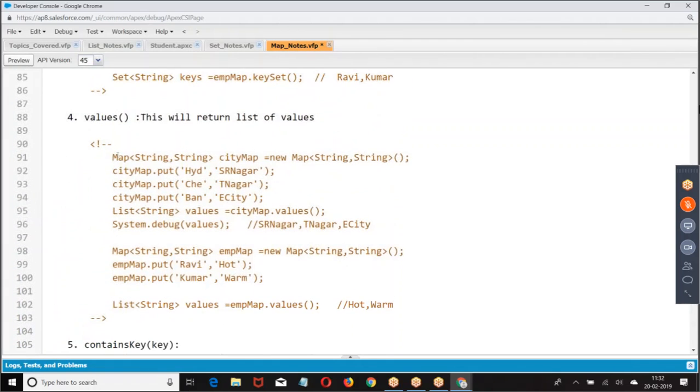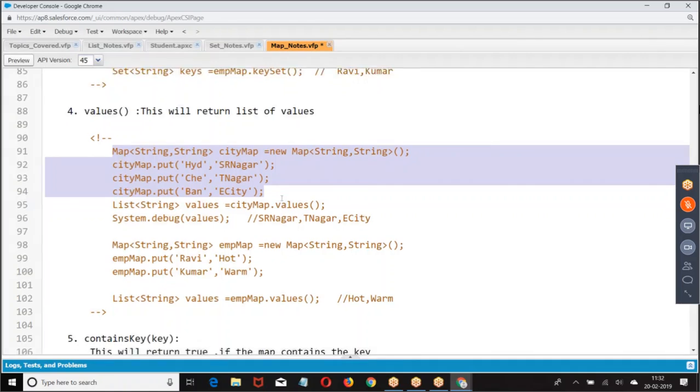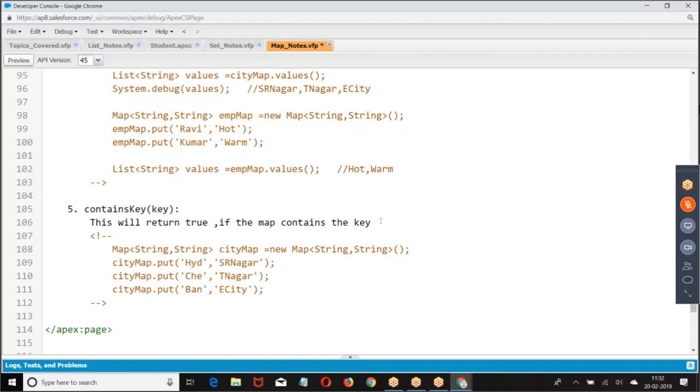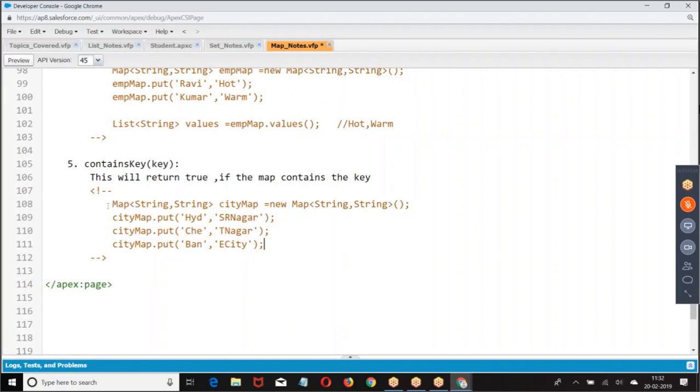Now let us take an example. This is the map. In the map, I want to check whether we have a key. It will be equal to cdmap dot containsKey.